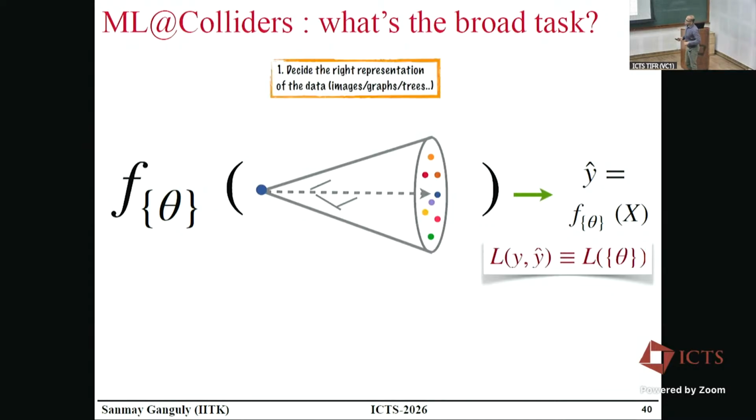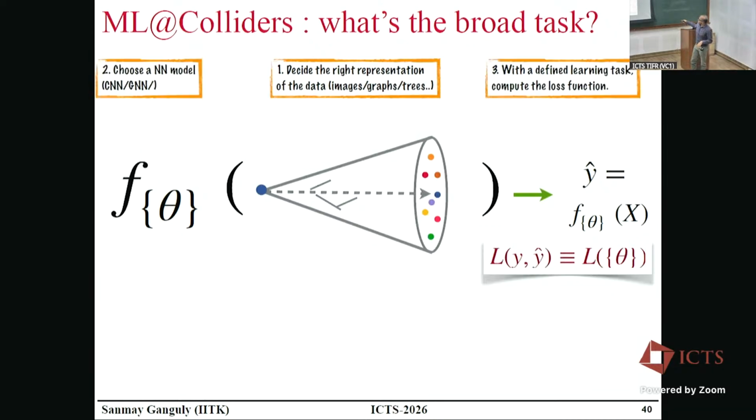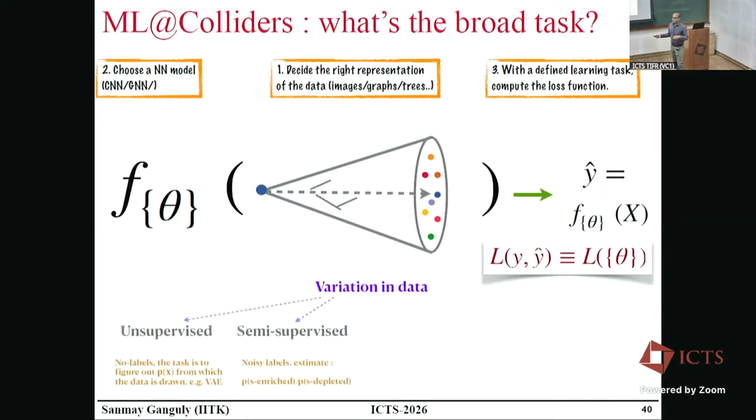Depending on the jet representation, we have to see what is the best way to represent such data for machine learning. We will soon see that this can be represented as an image, as a tree, as a graph. What do these words mean? I will come to that. Then, depending on our data representation, we have to choose what kind of machine learning algorithm we want to deploy, whether it's a convolutional neural network, deep sets, or graphs. Again, what do they mean? I will come to that later.